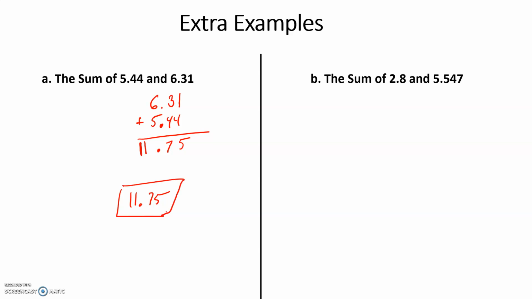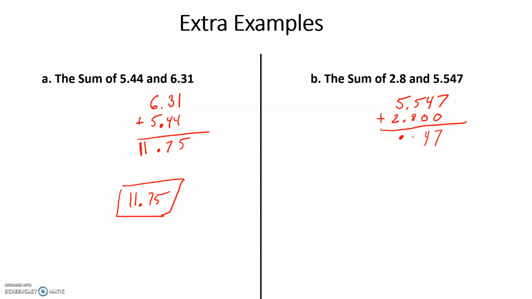B, 2 and 8/10 and 5 and 547 thousandths. Bigger number on top. Line up my 2 and 8/10 with the decimal. Now I'm going to add. Before I do that, I'm going to drop that decimal place so I don't forget where it goes. I'm going to put placeholders there. You don't have to. Usually I put a placeholder where I need one on top; I don't on the bottom. I just drop down. So 7, 4,